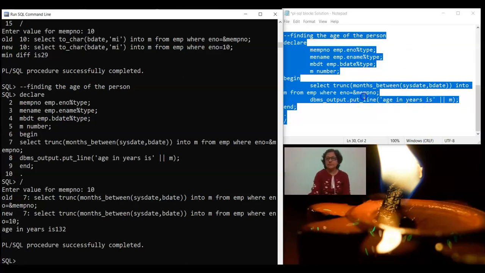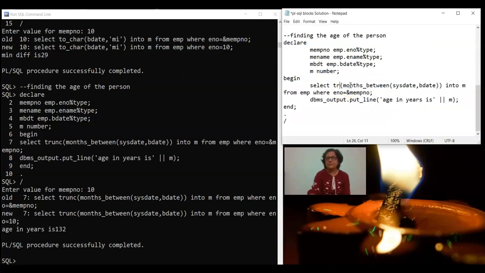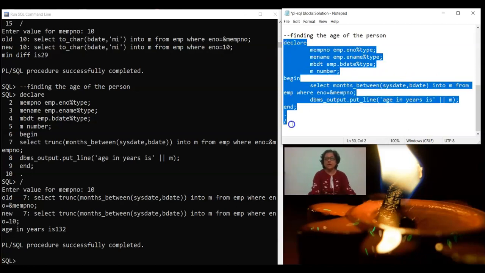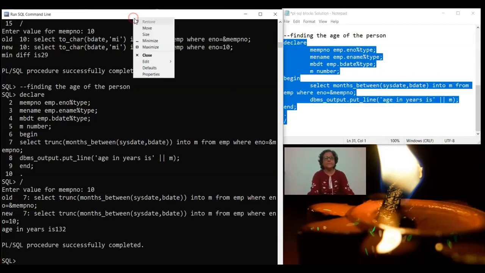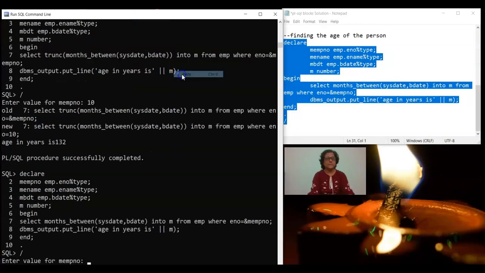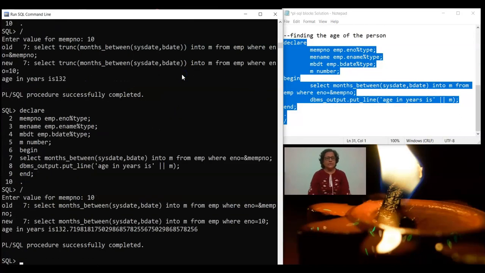But suppose I remove trunc, I will remove it. I think there is no need of a bracket at the end of months_between. So here there is no need of bracket. I would execute it again. Fine, and you can see here the value is in decimal point and you can see a bigger number. It is really very difficult for me to understand what it is talking about.